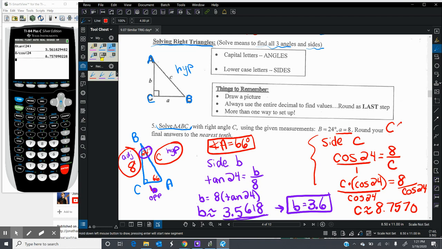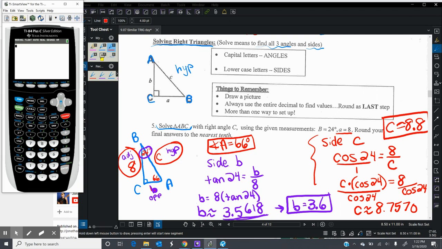So side C is going to round to 8.8 as the tenth place. For some reason that doesn't sound right. Now, a little check I'd like to do here is we could decide that a squared plus b squared does equal c squared. So just to verify that the numbers we're finding are correct, if I were to put in